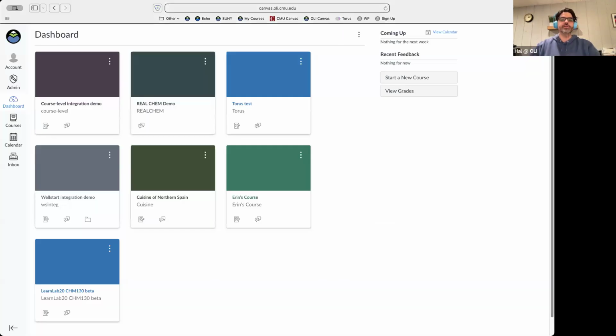I am going to share my screen and show you. Let's start with Safari, which is where I've got this. All right, so what everybody is seeing here is the OLI Canvas instance where I've got a bunch of courses on my dashboard. And right here is the RealChem demo course that I'm going to use to demonstrate how to add the link